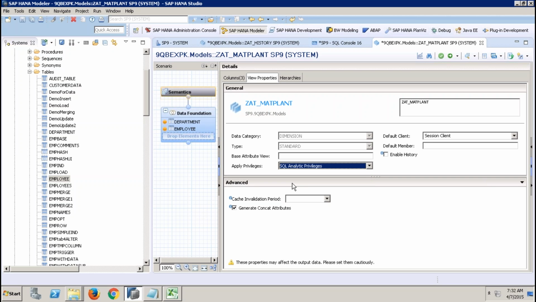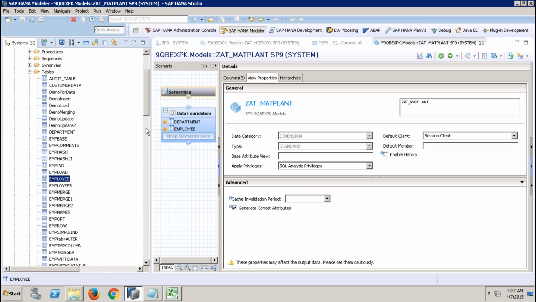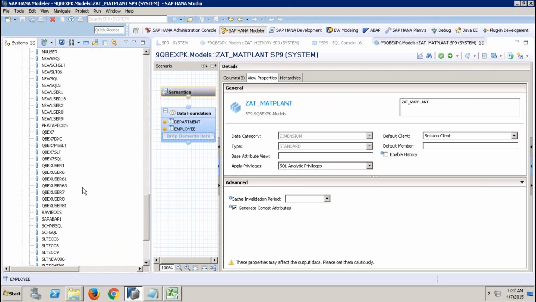Sir, one more follow-up question. Can you explain a scenario when we'll go with SQL privileges and when we'll go with analytical privileges? Basically, if you see when you're creating the user here,